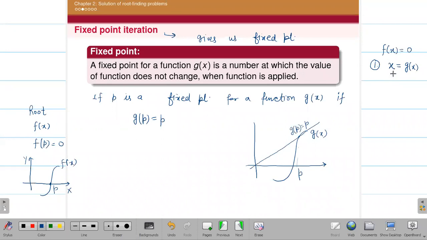But here you can say, if I put x into the function, I am getting x here. So this is a fixed point problem. If I take x equal to p, the root of this equation, then if I put p into the equation, p will be the fixed point for this g. So now you are taking two different functions. This function will be given to you and you have to choose your g of x such that the same p, which is the fixed point for this function g, will be the root for this given equation. So this first step is important.